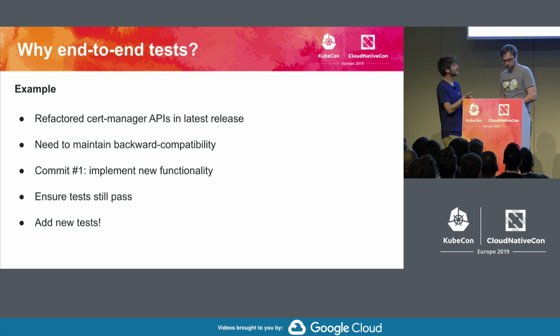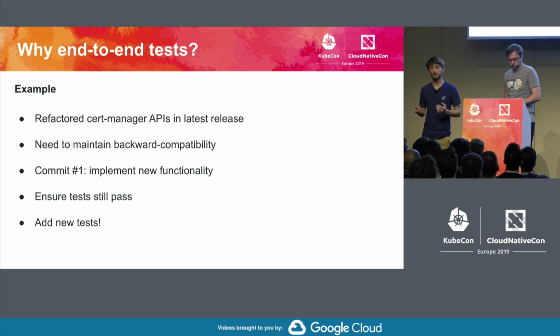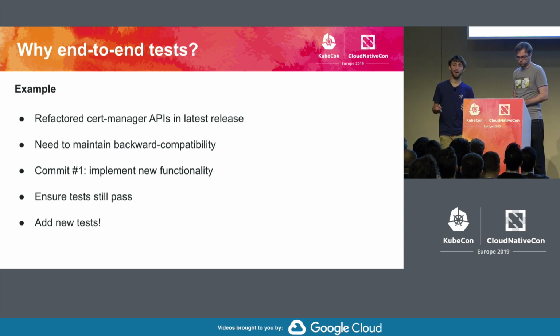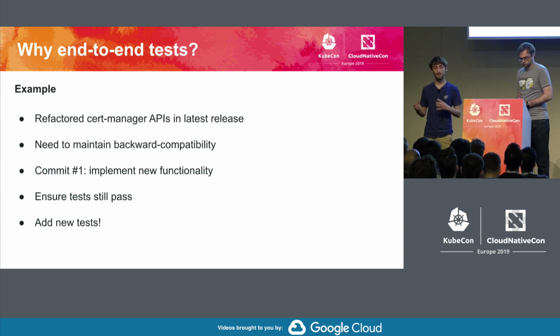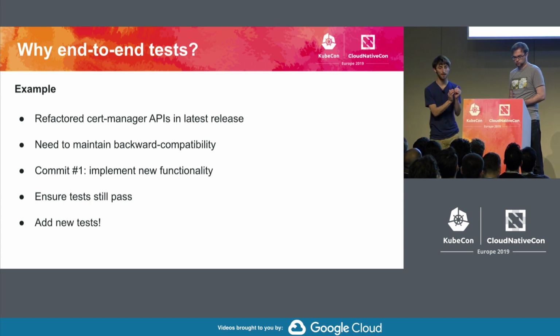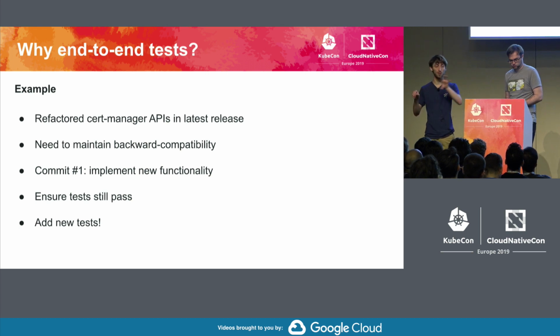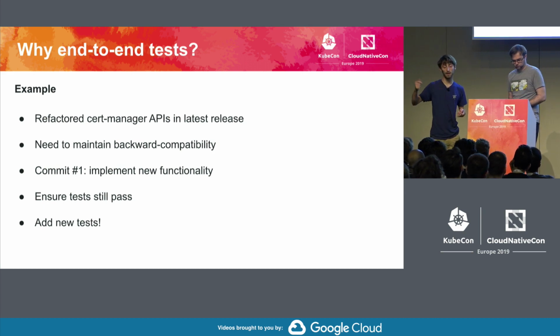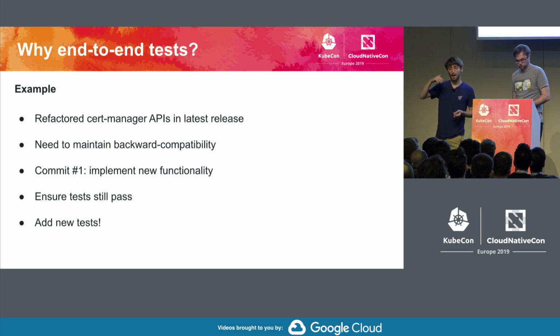So a bit of an example of where this came in really helpful. In Cert Manager recently, we've gone and refactored some API types. We needed to make sure that as part of that refactoring, we didn't break the old API format. So I started out by implementing the changes, so actually implementing the new format of API. I didn't touch a single thing in our end-to-end test suite. I ran the test suite locally, and made sure that those